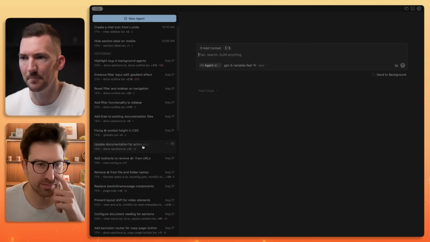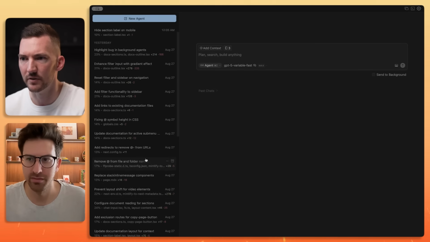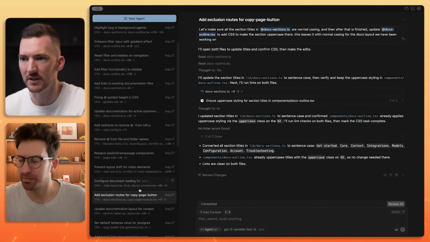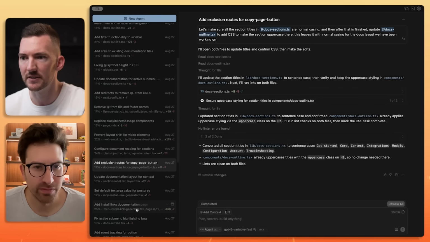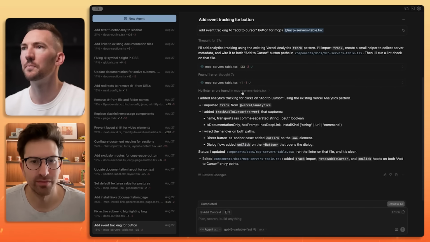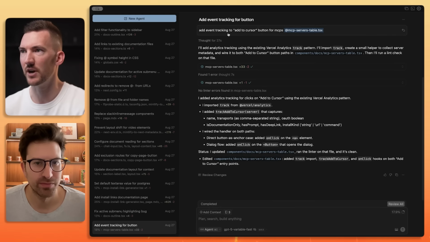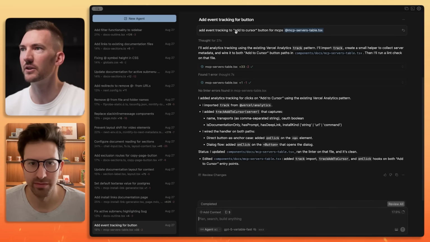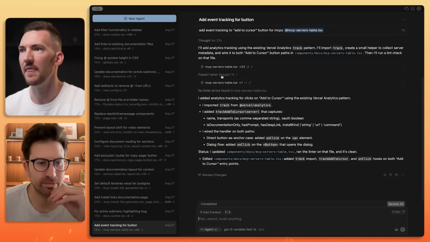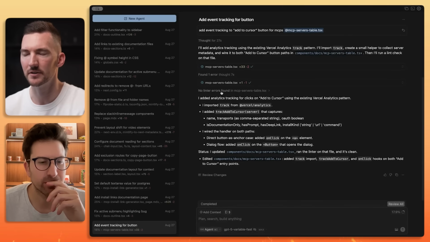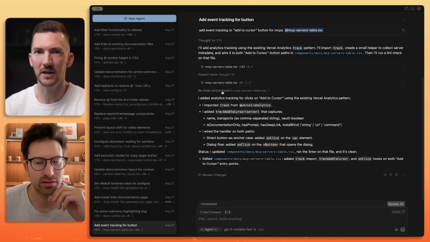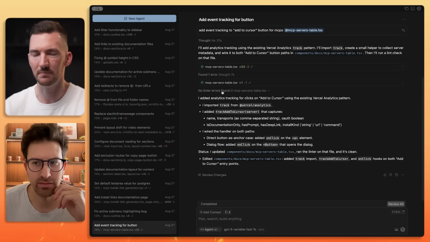So maybe I'll pick on a few of these and we'll see. There's one that's interesting, maybe this event tracking one. So I asked it to add event tracking when the add to Cursor button for an MCP was clicked. And you're going to notice that it goes through, it thinks a little bit, and then it finds that there are no linter errors. So I've taken some measures ahead of time to make sure that the agent can basically fix